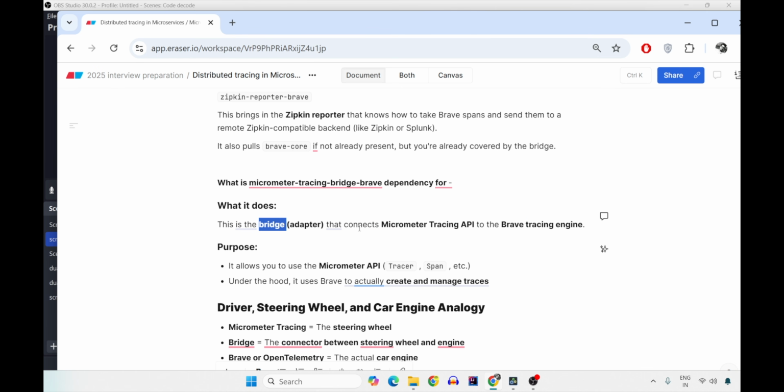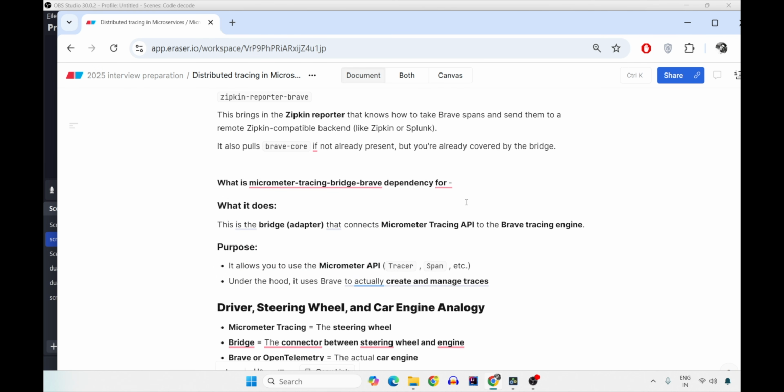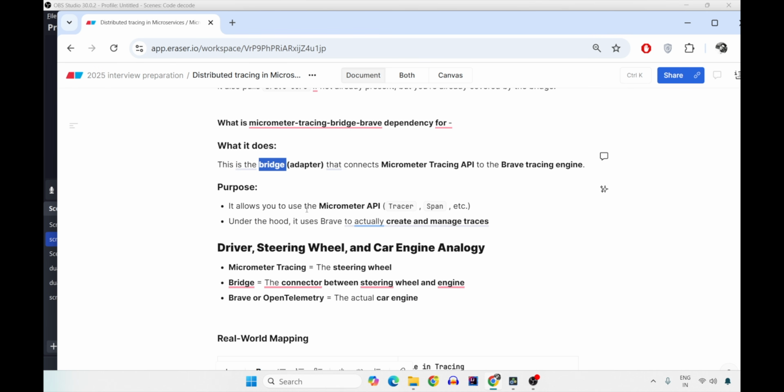So if anybody asks you what is this tracing bridge Brave dependency that you have added in your pom.xml for implementing Micrometer, it is actually the bridge. It allows you to use the Micrometer API like Tracer and Span to create the trace ID and the span ID under the hood. It is actually Brave which creates and manages the trace.